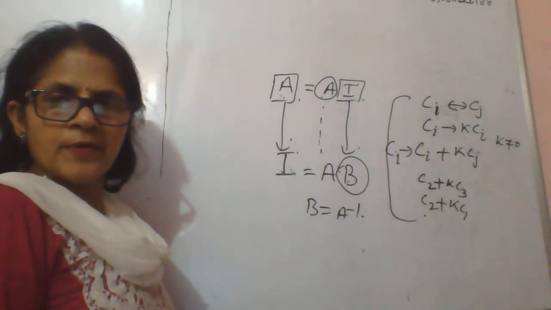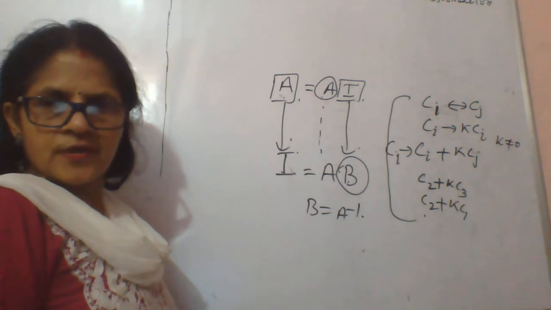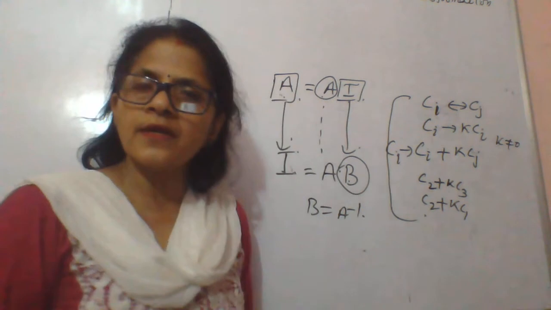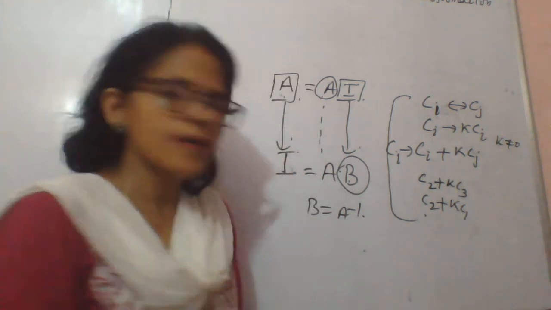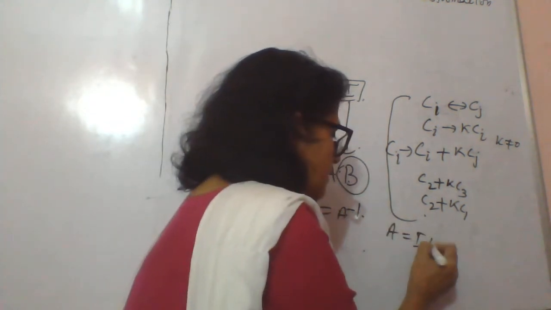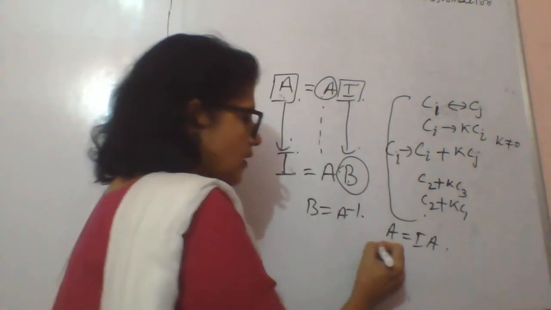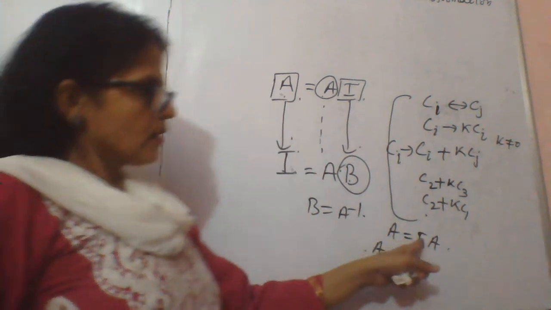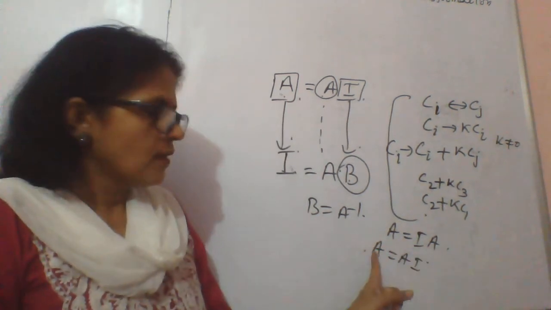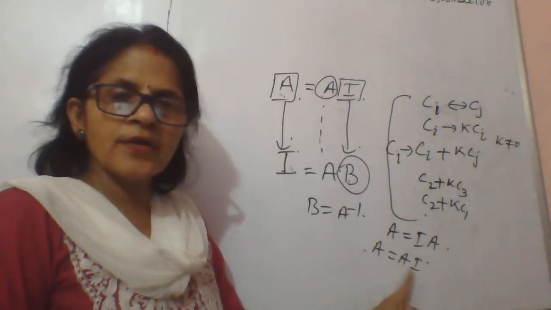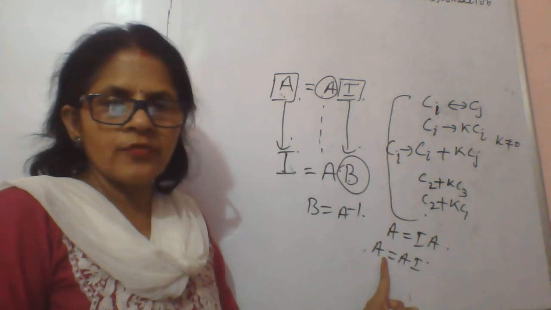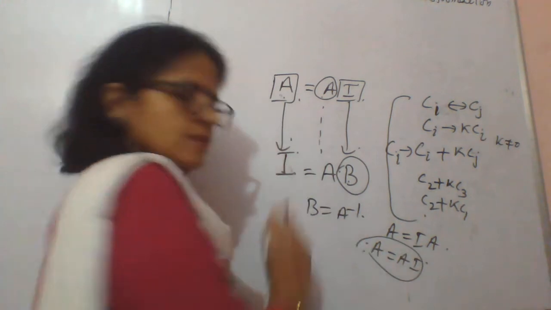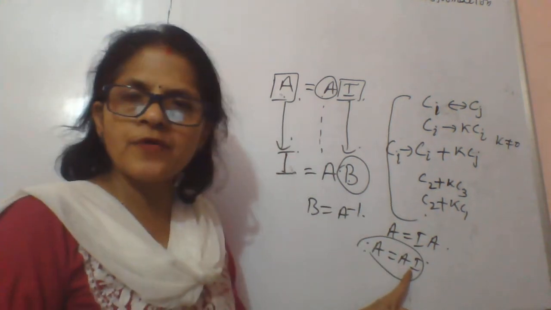Okay. Now coming to next question. So now you might be thinking, while taking row operations we have taken A equal to IA. Now here we are writing AI, though we know I into A equal to A and A into I equal to A. So mathematically both the operations are correct. Now why I is taken as a post factor here?